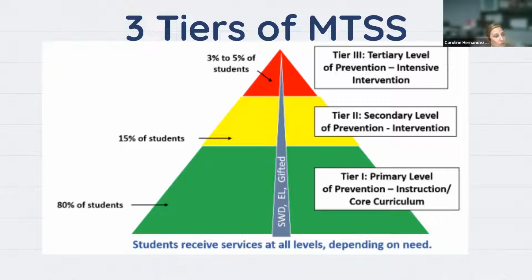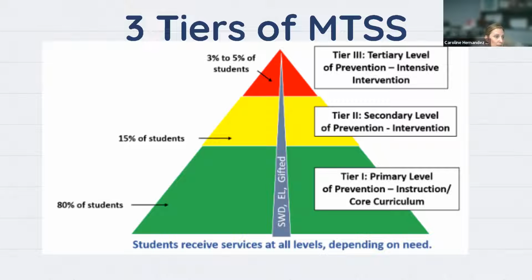For some of those students who are unable to be successful or to meet the standards in this primary level of instruction, they may get what is known as reteaching or small group instruction right within the tier 1 classroom. Sometimes we call that differentiation. Sometimes we call that small group teaching. But basically, there is an opportunity to target specific deficits that we're seeing with a student. If that's not successful, the student may be referred to tier 2 services that could take place outside of the classroom.